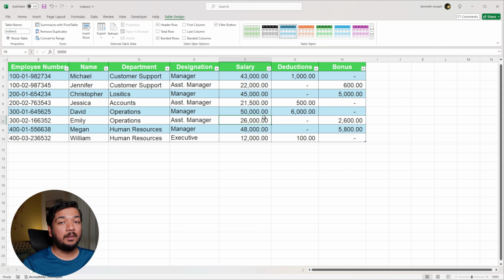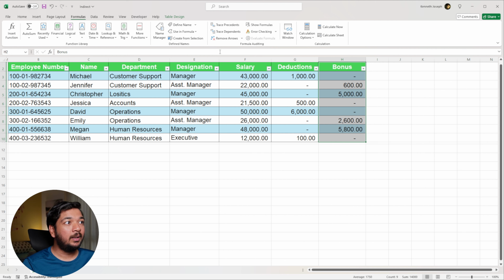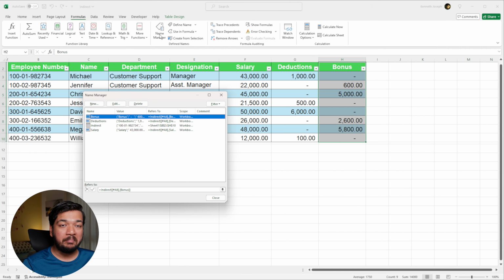But what I need in this case is to name an entire range. So I want to call this entire range salary. I want to call this entire range deductions, and I want to call this entire range bonus. The way I'm going to do this is go into the formula section on your ribbon and click on the name manager. Now, as you can see, I already have a few set up,